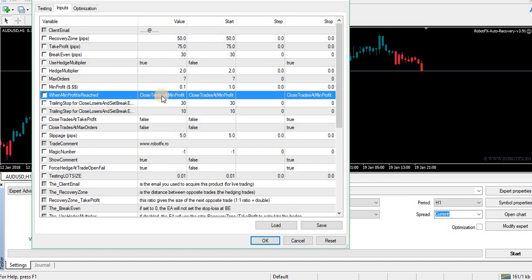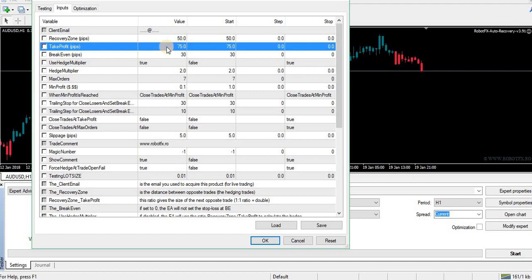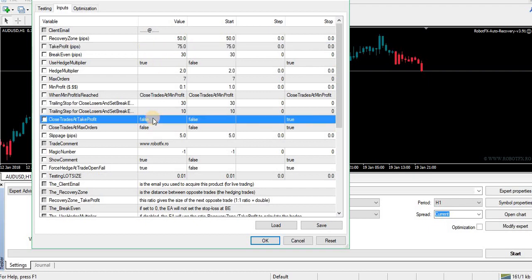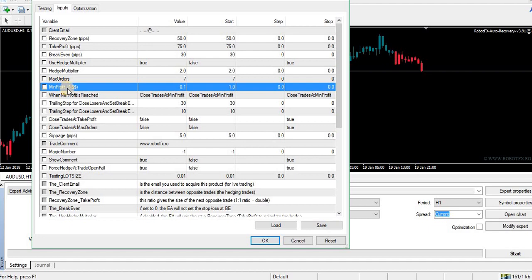So you can rest assured that if you have only one trade open, the expert advisor will not close it at minimum profit. It will let it run until maybe you want to close it at take profit level and set this to true. When minimum profit is reached has been implemented to close or to manage baskets rather than single trades. So when minimum profit is reached from buys and sells,